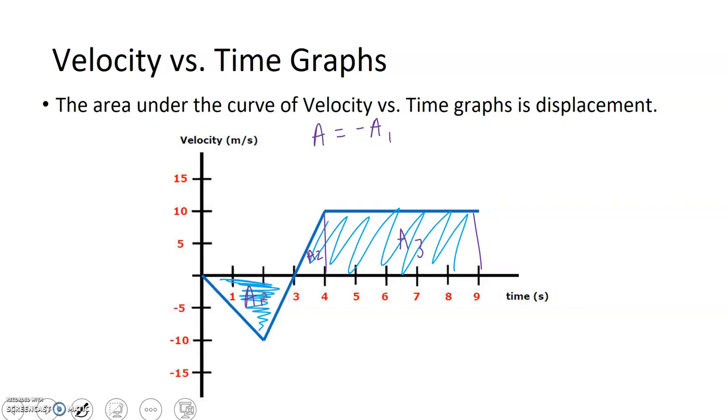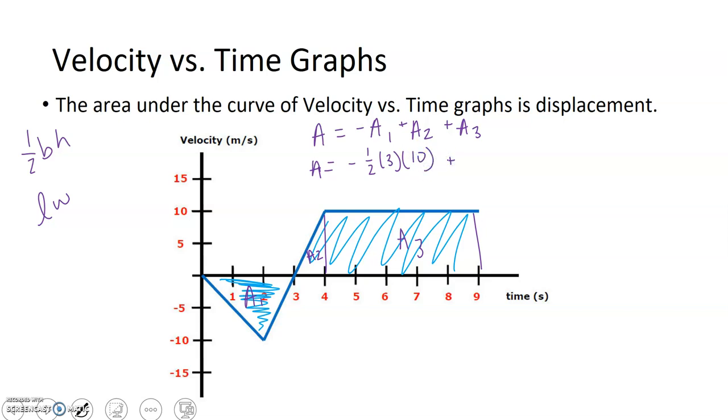The total area or displacement is negative A1 plus area 2 plus area 3. So recall the area of a triangle is 1/2 base times height. The area of a rectangle is length times width. So the area of triangle 1 is equal to 1/2 the base, which goes from 0 to 3, so 3, times the height, we go down to 10,